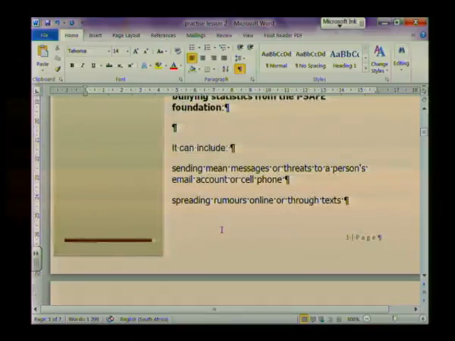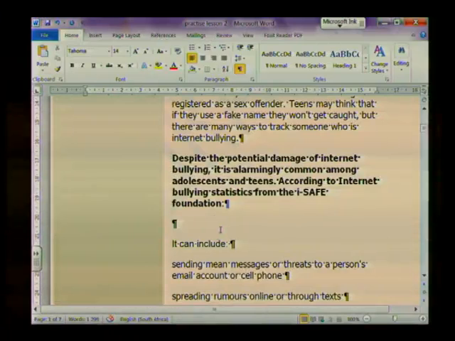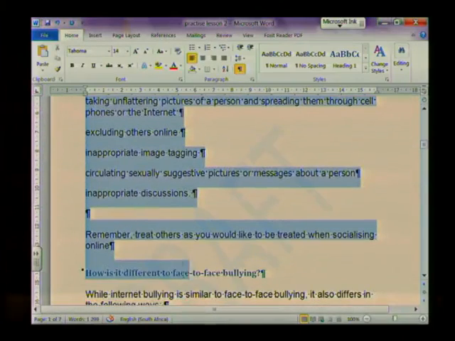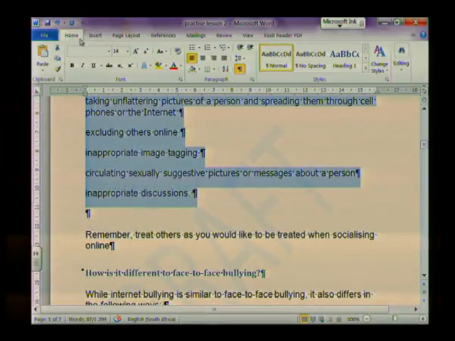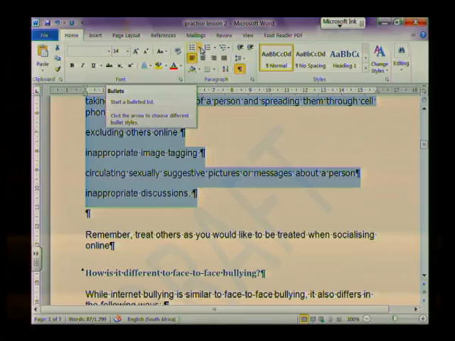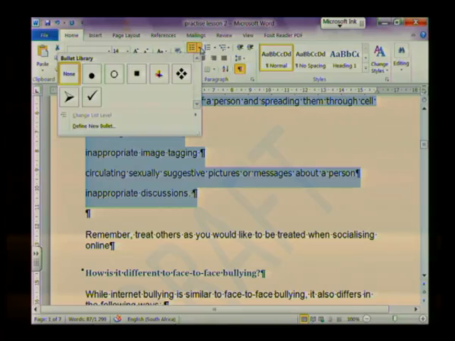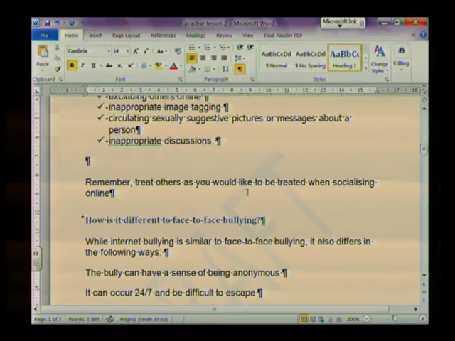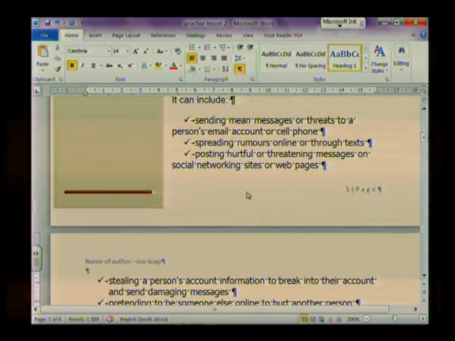Okay, I'm going to go and review bullets and numbering with you. It's a good idea to use bullets and numbering if you want to emphasize certain texts. So I'm going to apply bullets to the text that I'm highlighting now. Okay, I'm going to work in the Home tab and in the Paragraph group, and I'm going to work in bullets. So I'm going to click on the drop down arrow next to bullets, and then you have an option to choose which bullet you want. I'm going to choose a tick, and you will see that a tick has been applied